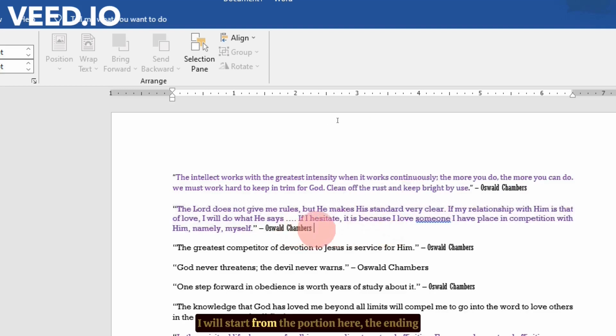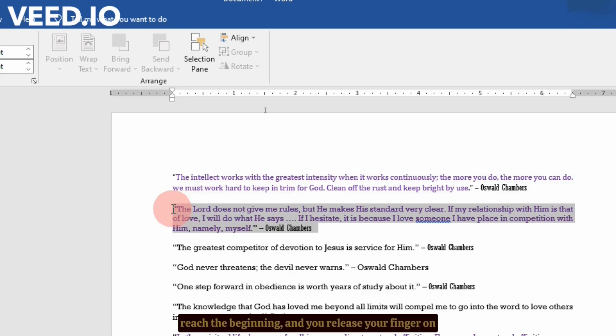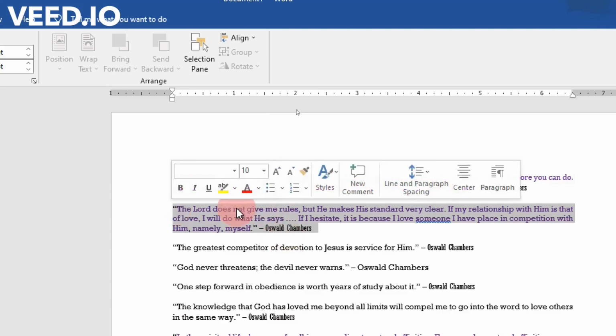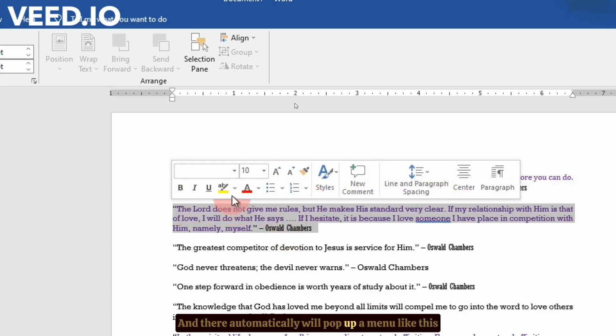I will start from the ending portion of the text that I want to highlight. Then hold the left button of your mouse and drag to the left until you reach the beginning, and you release the left button of your mouse. There you go, and a menu automatically pops up like this,